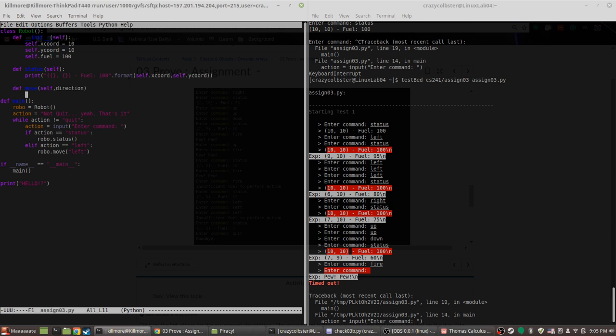Okay. Move direction. I just passed it direction left. Def move, if direction equals left, self dot x coord minus equals 1.